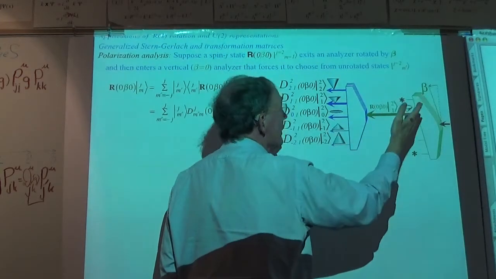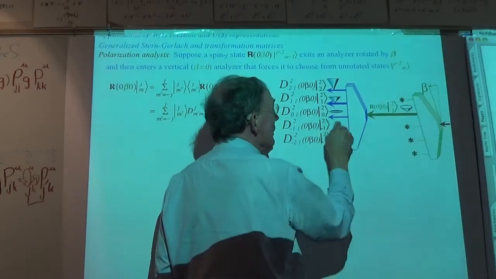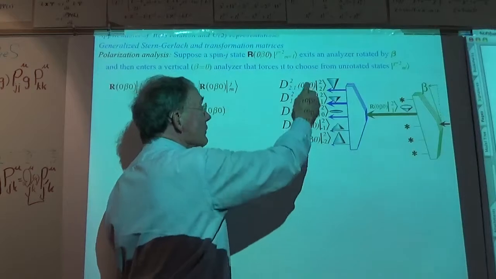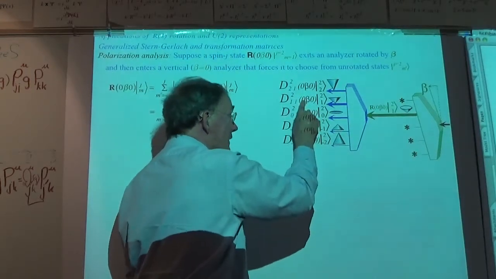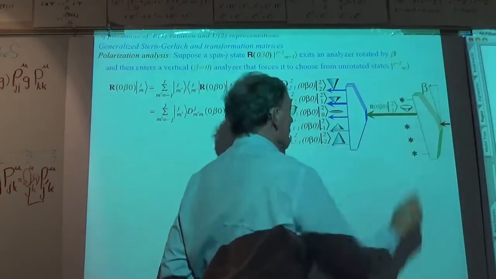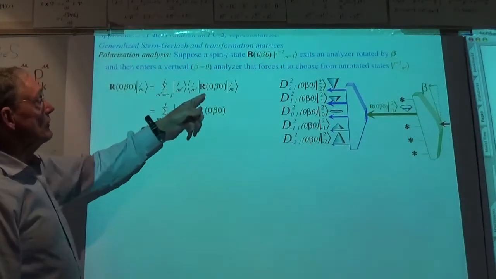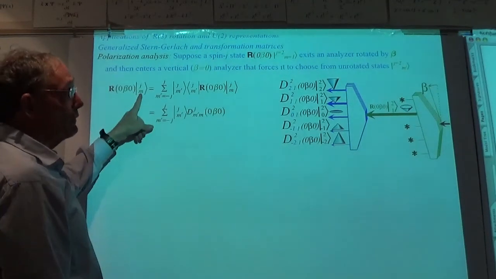And if it was 0, then it would be the whole story. Nothing would come out here, nothing here, nothing here, nothing there. So these things had better be 0. This one's 0, this one's 0, this one's 0, this one's 0, this one 1 for beta equals 0. Okay? So this is a way to look at the transformation by this rotation operator of a particular angular momentum